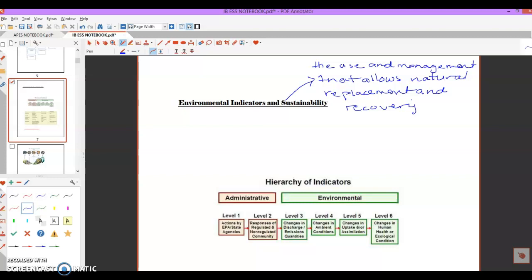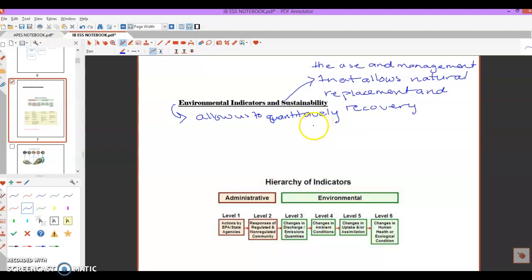All right. Now, when we move over to environmental indicators, we want to be able to have a way to measure the stress on the environment. By measuring that, we can provide assistance to try to help it get back on its feet, in other words. So environmental indicators allow us to quantitatively,